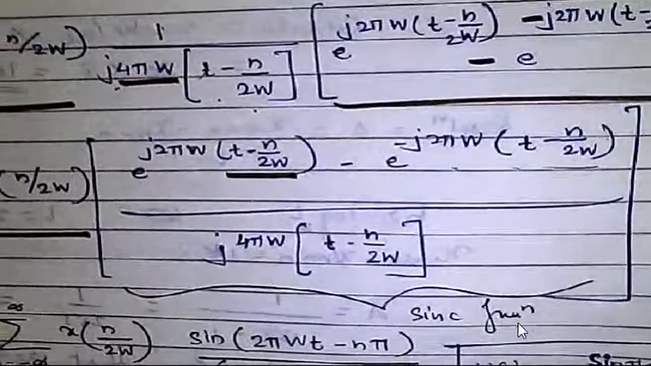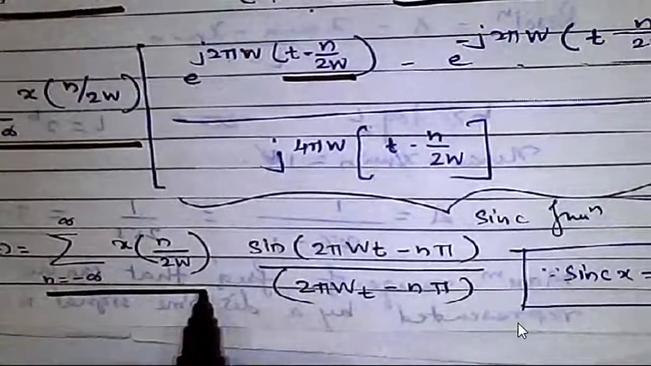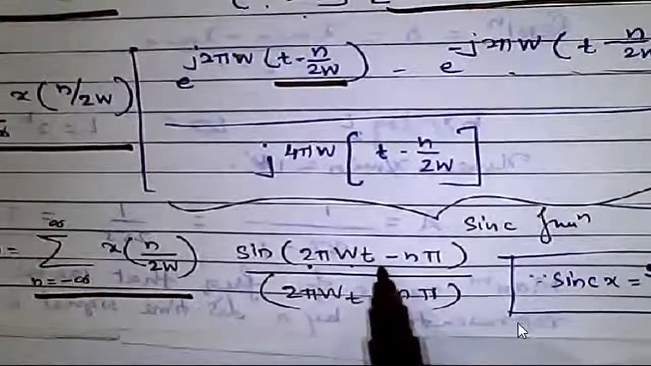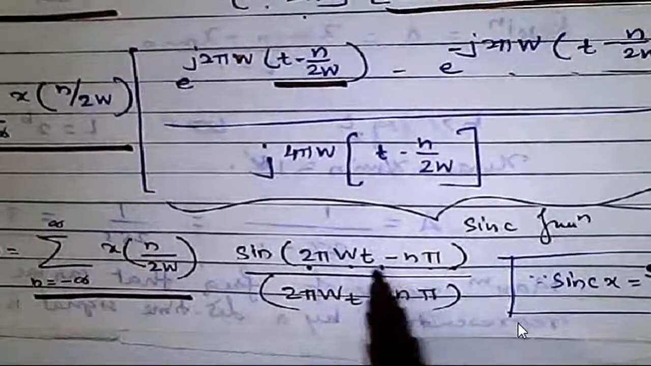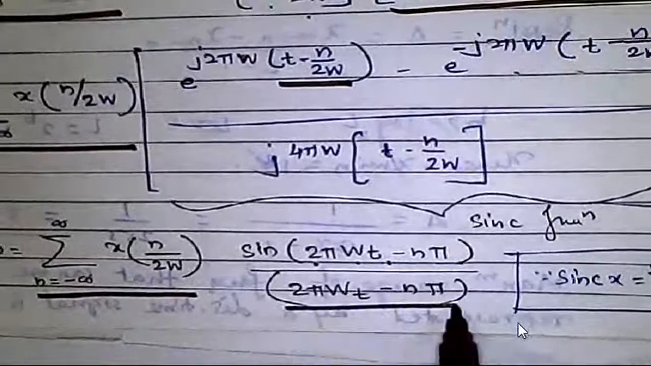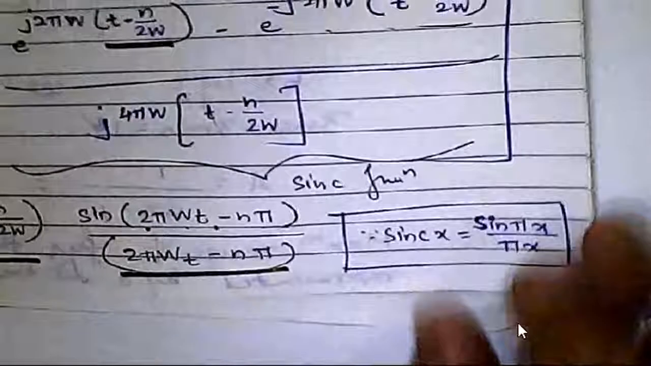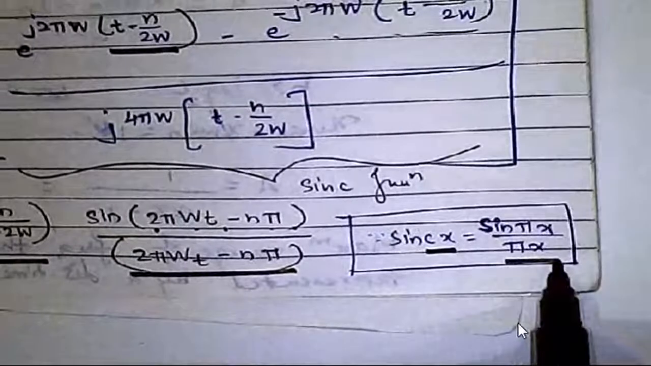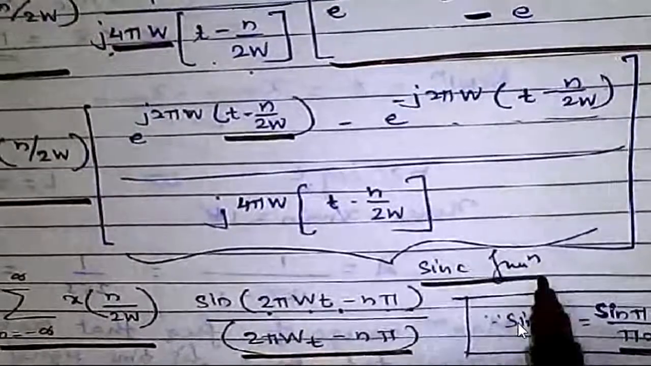After that, once we have simplified this term, let's check it. Here, the summation will be as it is. This is nothing but sine of what? Theta over here is 2 pi W t minus n pi. After rearranging the term, this is the format: 2 pi W t minus n pi. Now this is nothing but a sinc function. Sinc x is nothing but sin pi x by pi x. Since it is overall a sinc function,